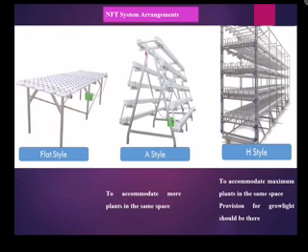These are the three different styles of NFT we have. One is a flat style, second is an A style, and third is an H style. Flat style means people who have enough area can go for a flat type of hydroponic NFT system. And A style is for a person who doesn't have much space in his area. So we can accommodate double the plants in an A style type of